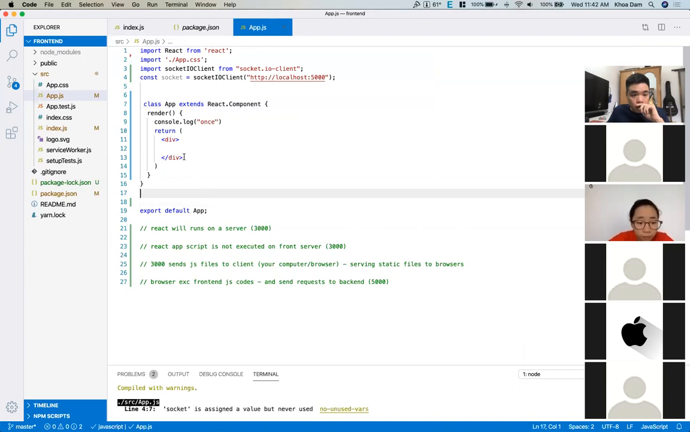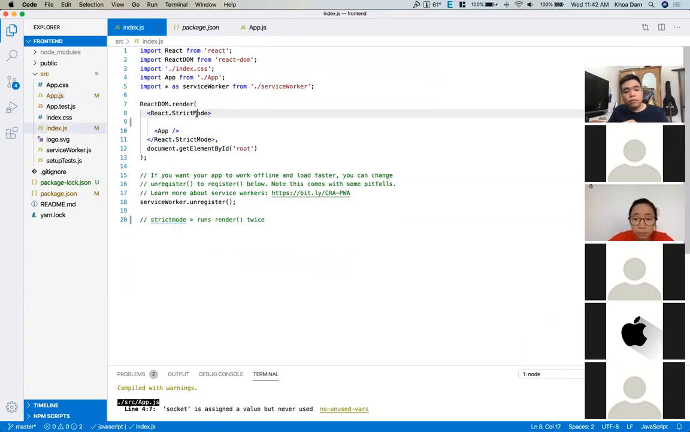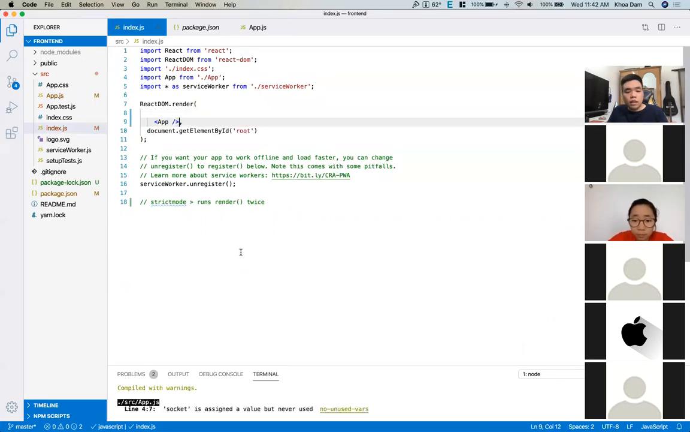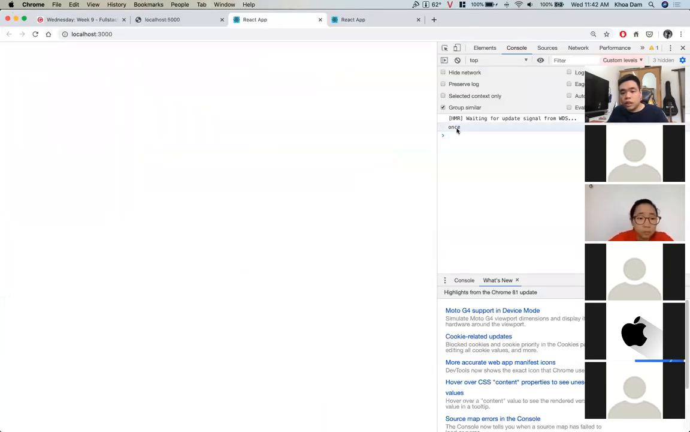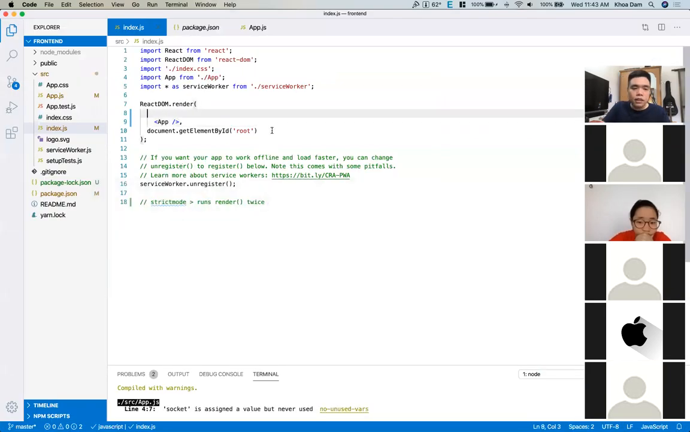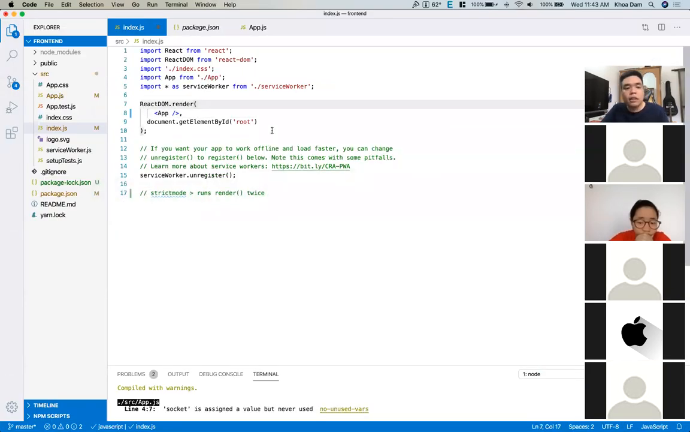If I delete strict mode here, you only see it run once. The render runs once, right? So that's the difference between strict mode and no strict mode. Okay. I don't want to see the behavior that the render runs twice, so I delete it. It's not like you have to delete it. You can skip it. You can keep it, but